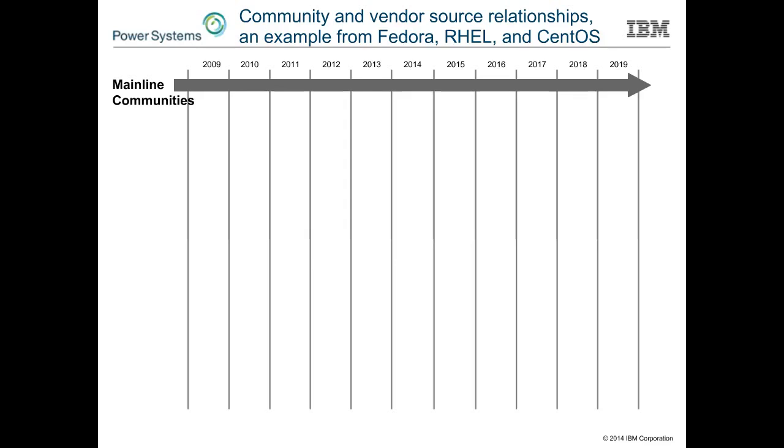That's what you see depicted with the gray line across time. If we look at that in recent history, on or around January 2013, mainline communities were all pulled in, and the Fedora community delivered what is called Fedora 19 on or around mid-year of 2013. So they bundled up all of the things, just as we've described, out of these communities, called it Fedora 19, and made it available to their folks.